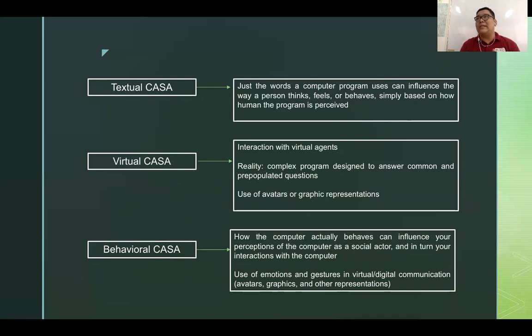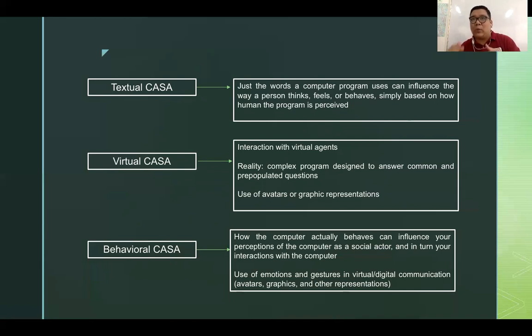Now, this part here tells us that the way computers react or interact with us could also have an impact on our behavior. For example, when we watch YouTube videos, let's say tutorials, we know that some tutorials are done not only physically by people, but also by some avatars, by some animations or cartoons, right? Now, these cartoons or avatars also produce facial expressions. They even use hand gestures when communicating. How do we feel or how do we react to these situations in which we are actually conversing or communicating or transacting with avatars or graphic animations?